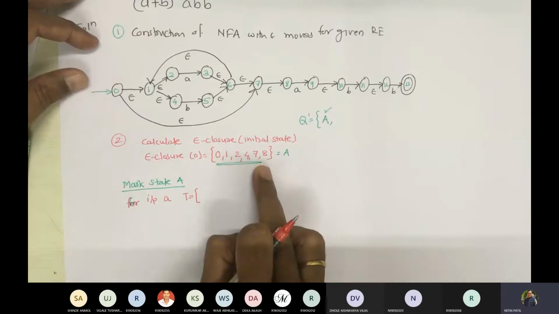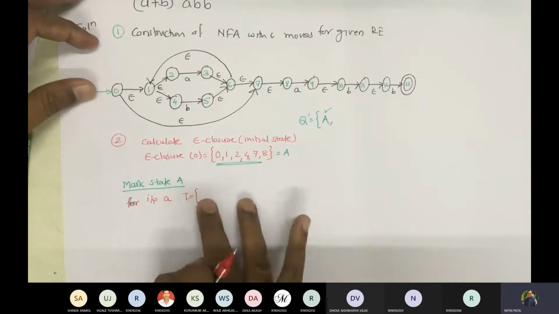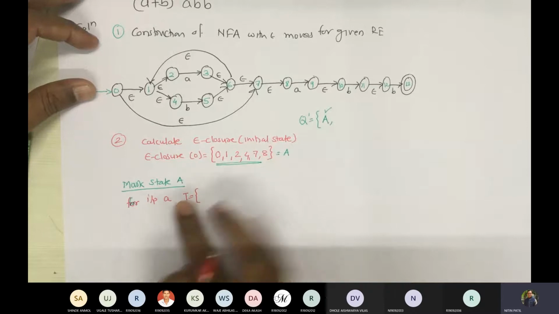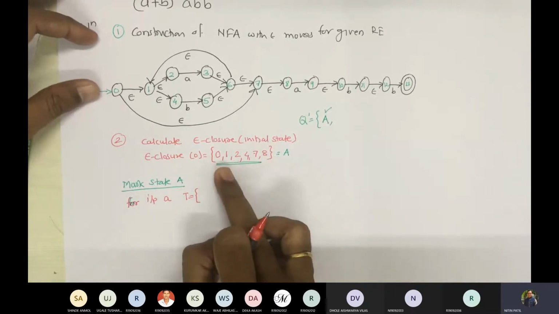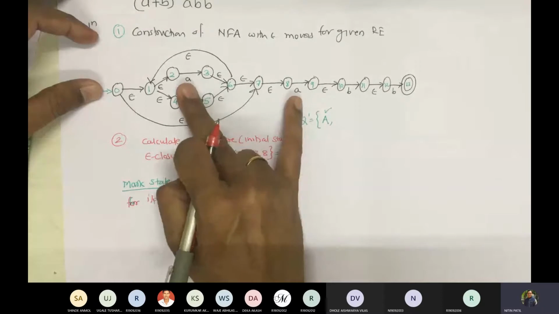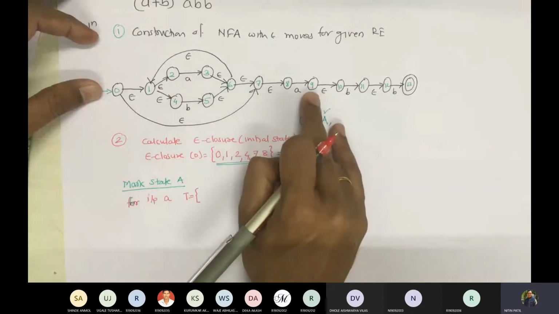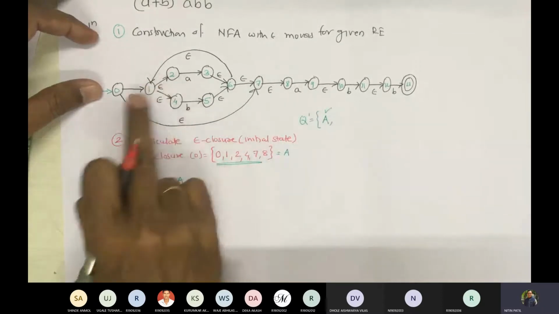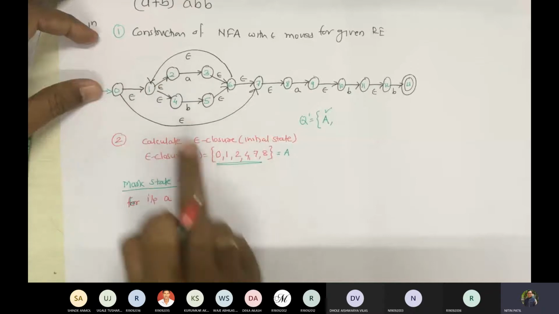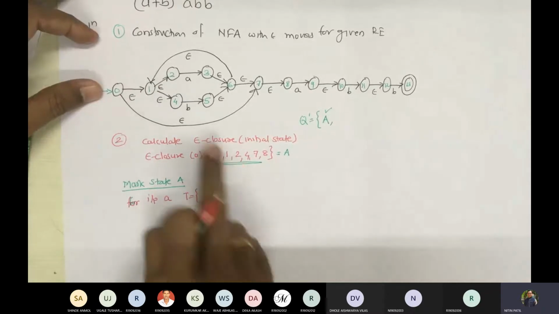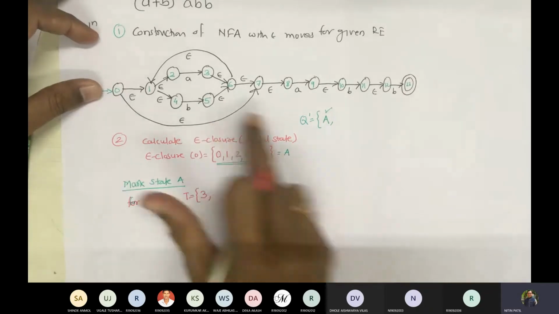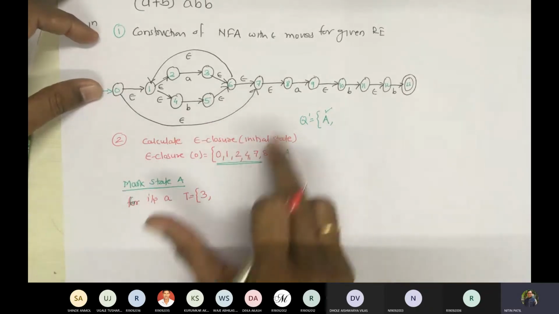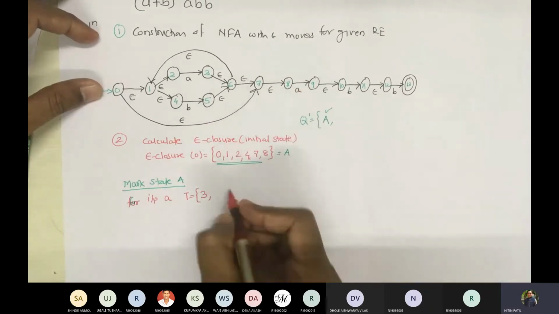Listen carefully: you have to collect the set of states that can be reached with input A from any of these states. There are 2 transitions with A, from 2 to 3 and 8 to 9. Is 2 included here? Yes, so I will include 3. As 8 is part of this, I will include 9.